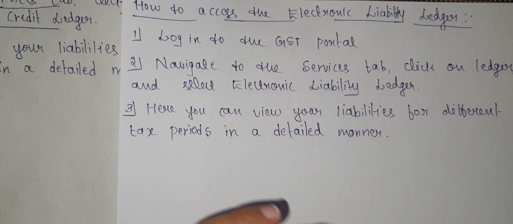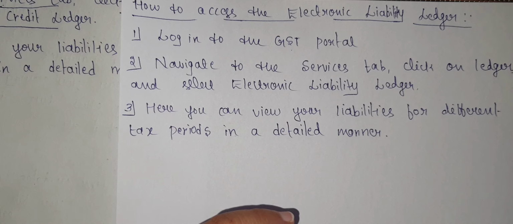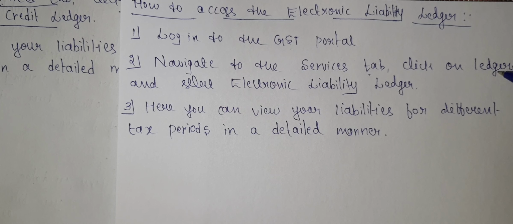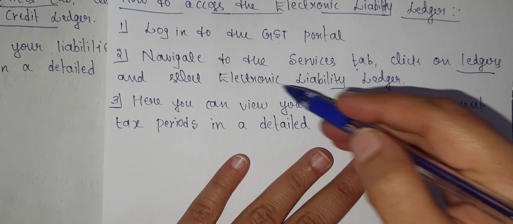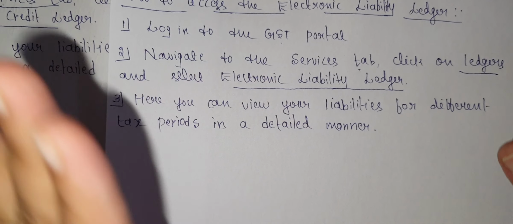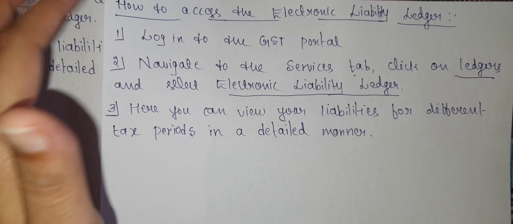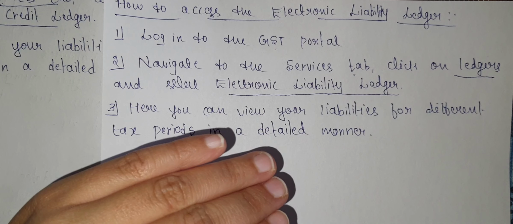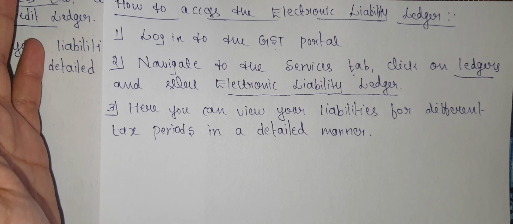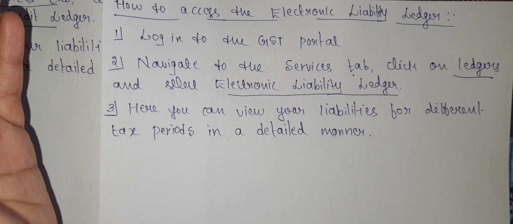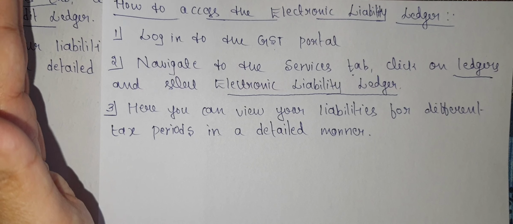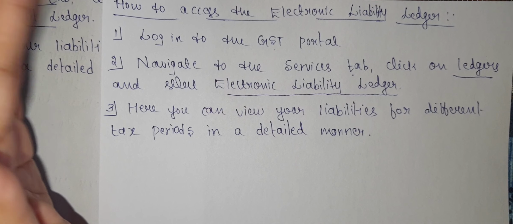After that, we have to navigate to the Services tab, click on Ledgers and select Electronic Liability Ledger. In the electronic liability ledger, you can view your liabilities for different tax periods